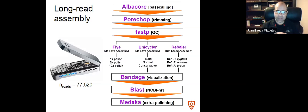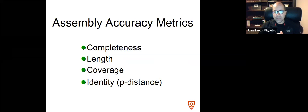Medaka actually does improve accuracy of assemblies even when we use albacore for base calling. I will show that in short. So if we were successful in retrieving complete mitochondrial genomes using the strategies that I did mention, what we did